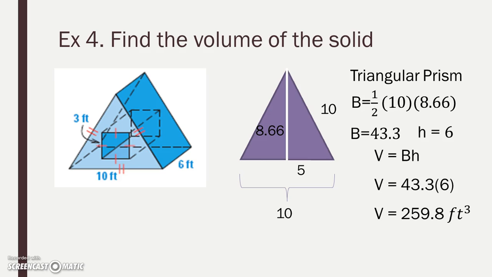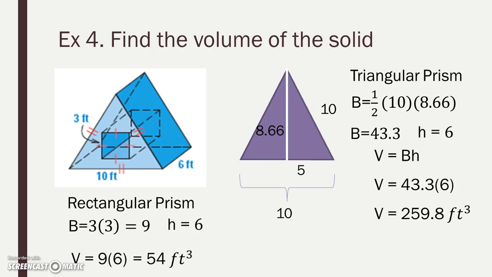The rectangular prism, the base is 3 by 3, and the height is 6. So we're going to do 3 times 3 to find 9 for the area of the base, times 6 gives us 54 cubic feet. And we're going to subtract the two to find the volume that is part of the triangular prism, not including the rectangular prism. So 259.8 minus 54 is 205.8 cubic feet. So that's it for volume of a prism and